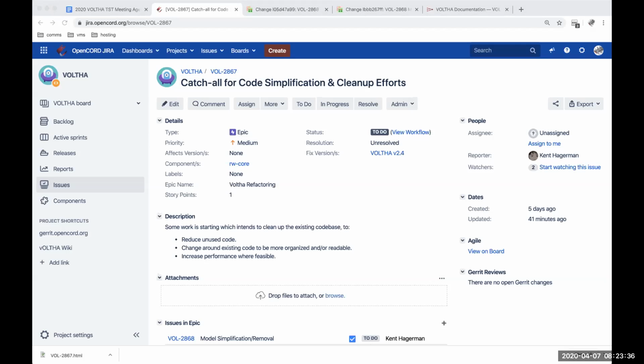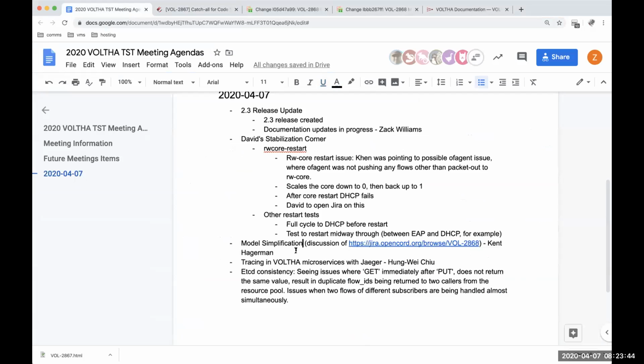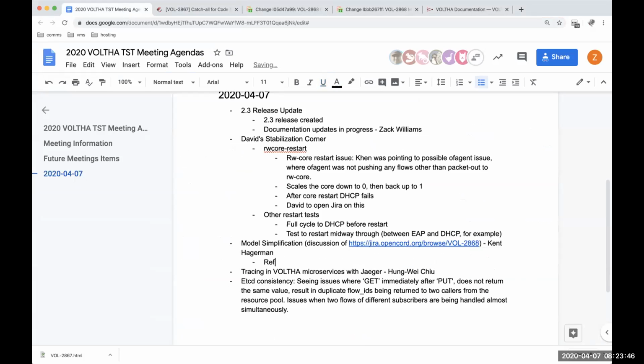So it falls under the umbrella of this epic for sure. I don't know when we want to tackle something like that. I'm all for doing it sooner rather than later, but at the same time, that would touch many components. Yeah, that's a good point.